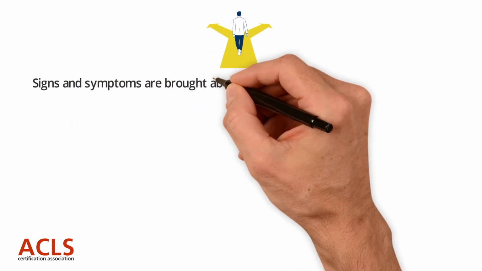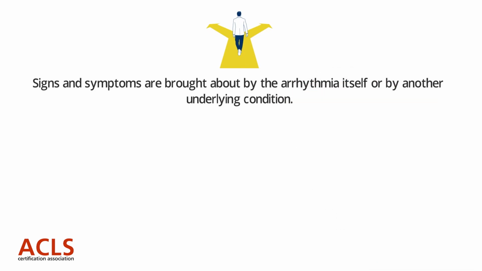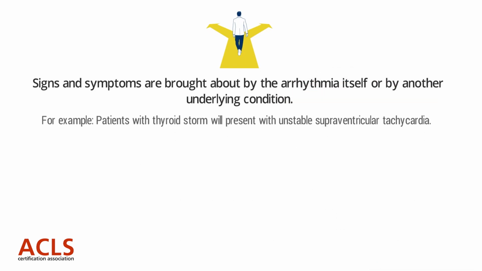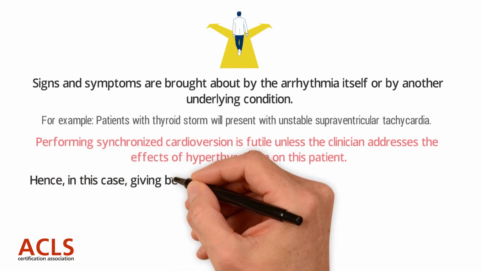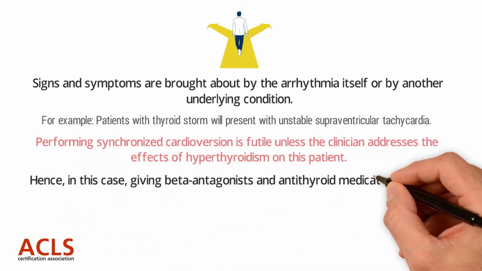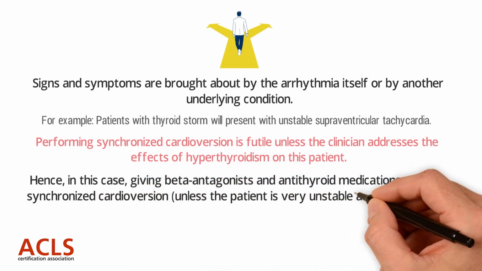Clinicians must decide if the patient's signs and symptoms are brought about by the arrhythmia itself or by another underlying condition. For example, patients with thyroid storm will present with unstable supraventricular tachycardia. Performing synchronized cardioversion is futile unless the clinician addresses the effects of hyperthyroidism on this patient. Hence, in this case, giving beta antagonists and antithyroid medications precedes synchronized cardioversion, unless the patient is very unstable and